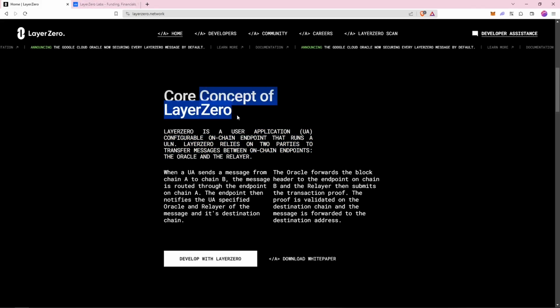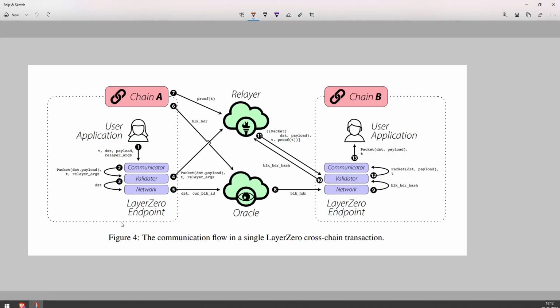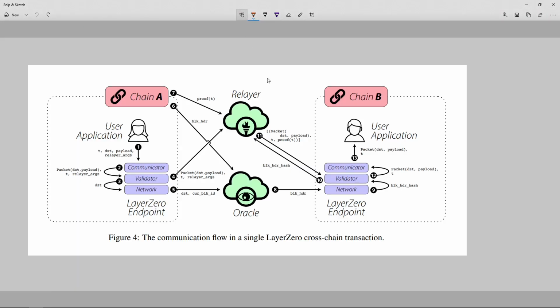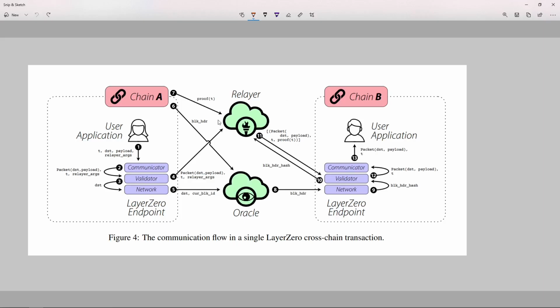As you all know, this is a framework, but how exactly does it work and how does it make things happen? So let's see it. We'll dive into our Snip and Sketch. Even if you navigate to the white paper, you will find the same thing there, along with how it works. You can go to this as well, but that provides an introduction to it. We will deep dive into this in our sketch itself.